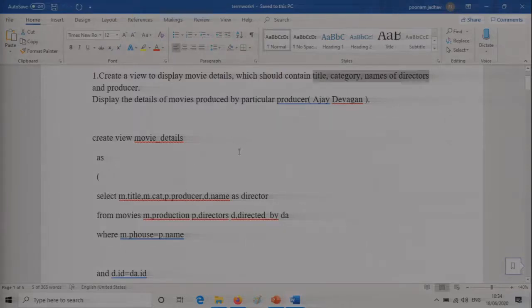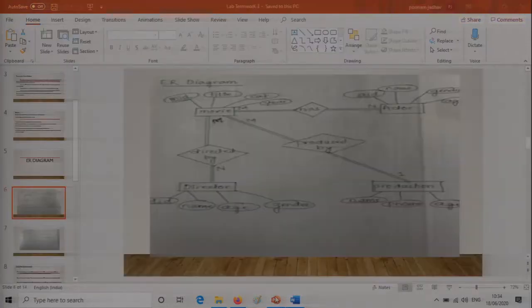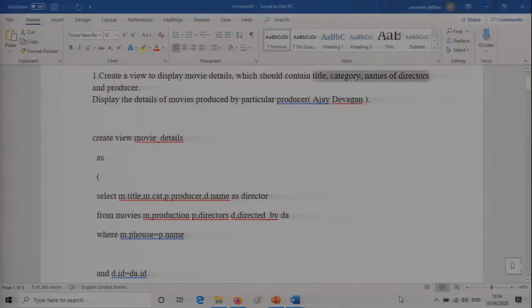So where do you think all these things are? Definitely, which are the tables involved? When you look at the ER diagram, then we know where all it is involved. I'll just display this for you.